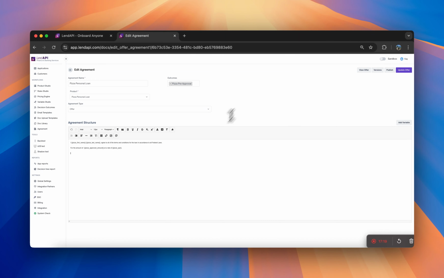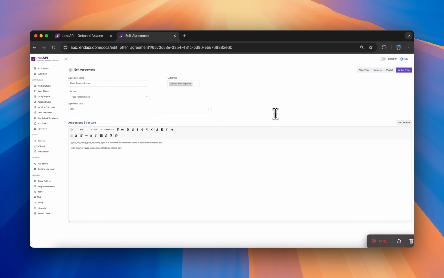So when you are ready to actually publish this agreement in a second, I will show you how this allows the users to e-sign directly into Product Studio itself and timestamps all of the signature information as well. So for those users that do not want to add another integration such as DocuSign into their system, you can